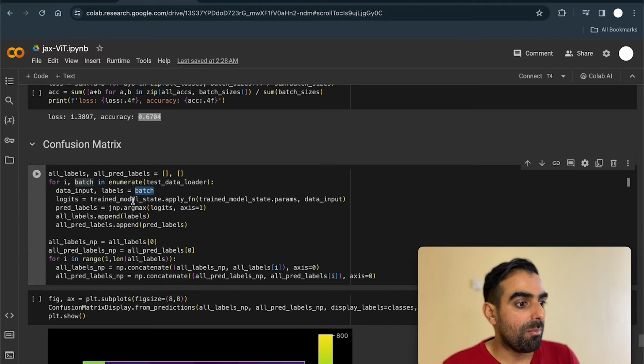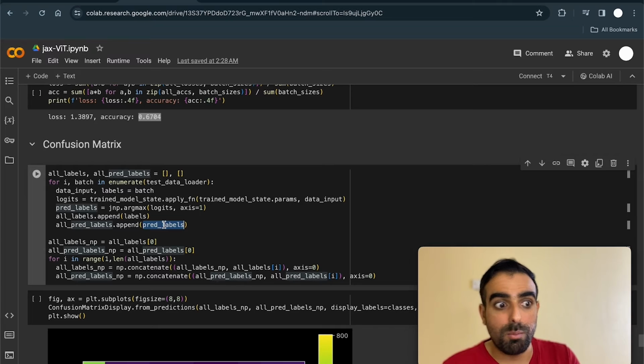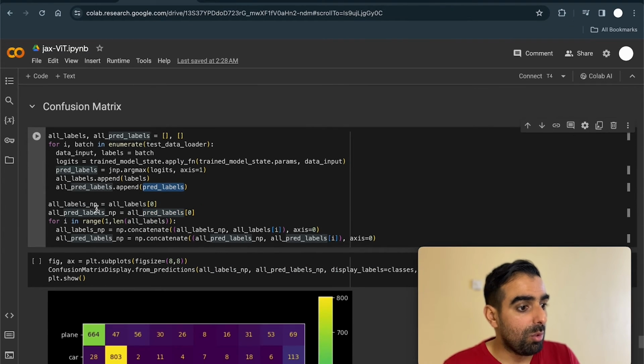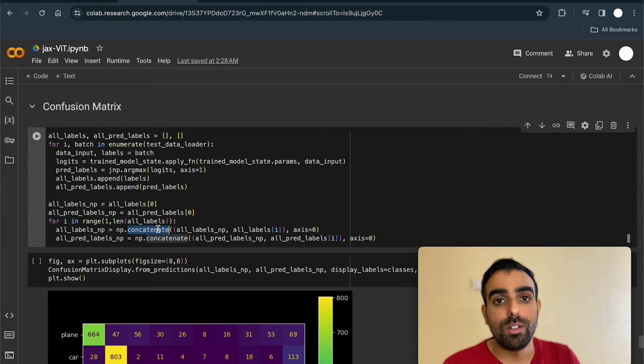So I got the trained model, I got the logits, then I got the prediction labels, and I store the true labels and the prediction labels in two lists. Then I'm looping over these lists and concatenating just to make a one-dimensional NumPy array for plotting the